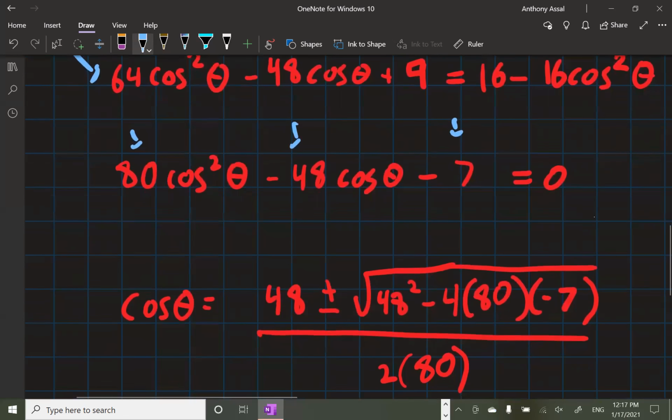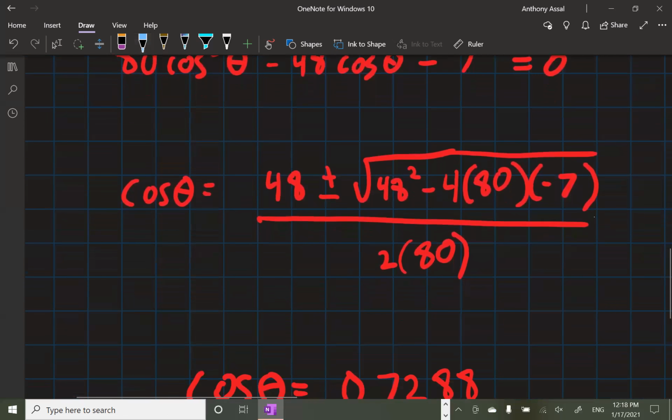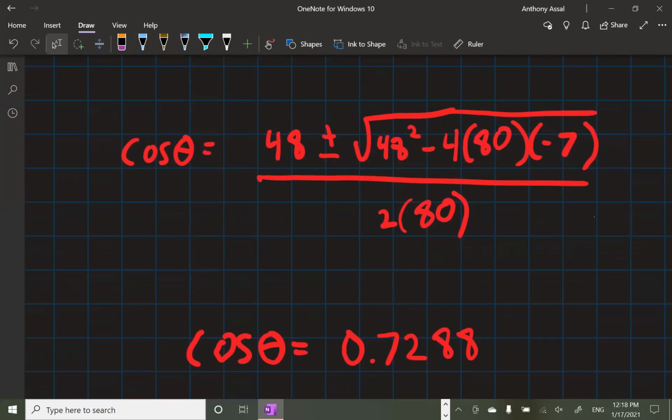If I do that, cosine angle has to be negative b, which comes up to 48, plus or minus the square root of b squared minus 4ac. So 48 squared, negative 48 squared, same thing, minus 4 times the a, 80, times the c, negative 7, over 2a, 2 times 80. So now, if I solve that out, I get cosine angle equals